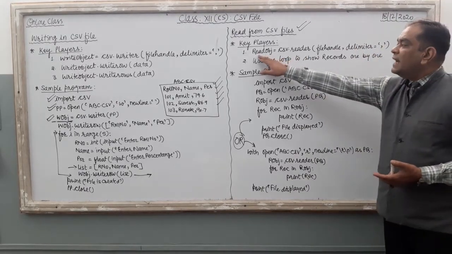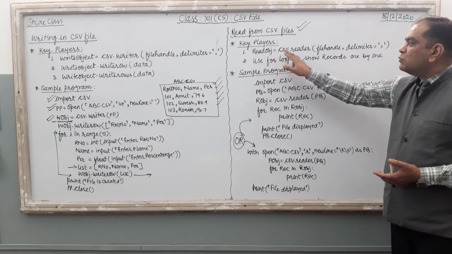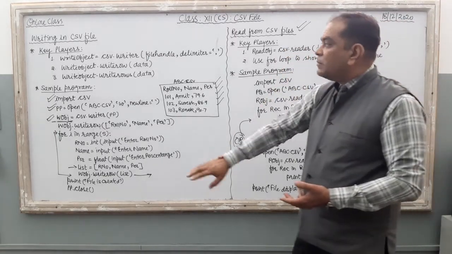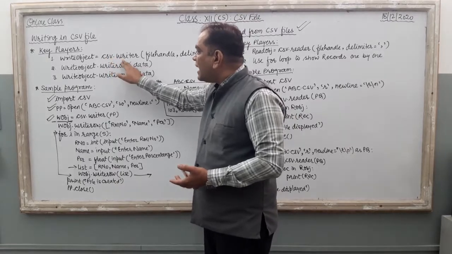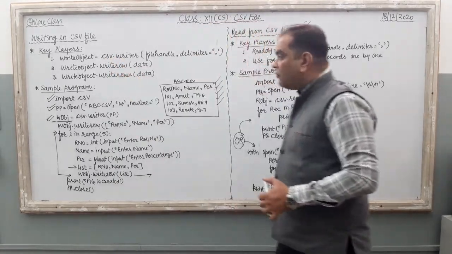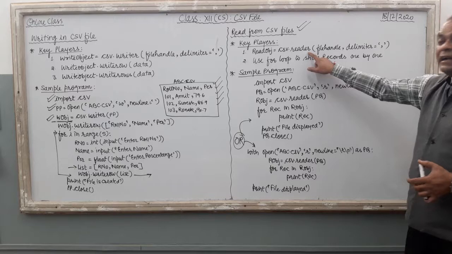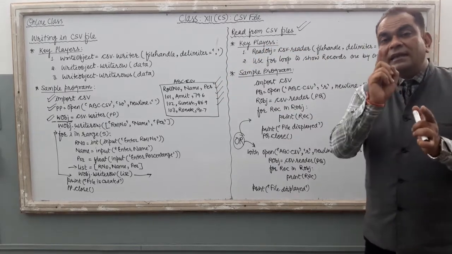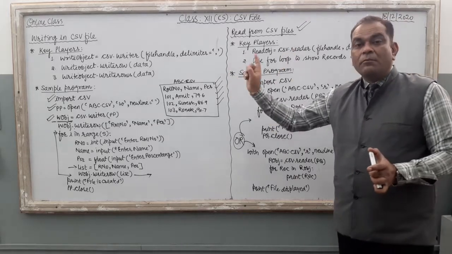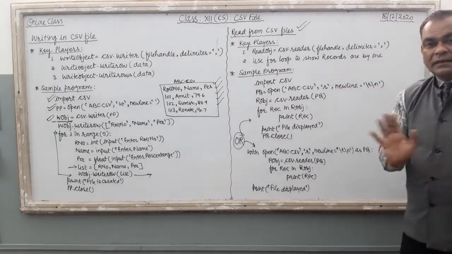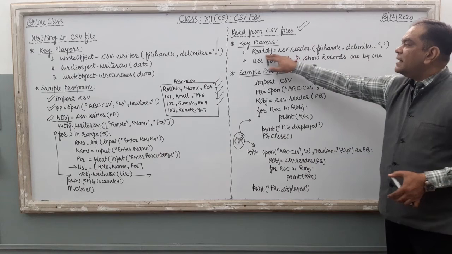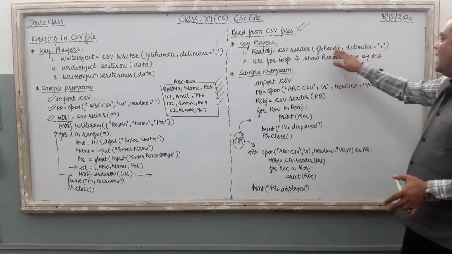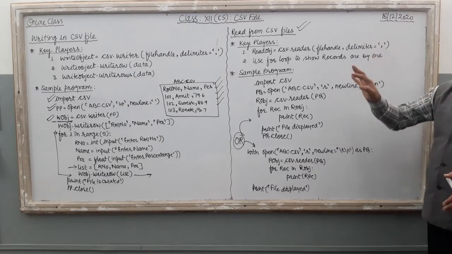Just see. Readobj equal to csv dot reader. If you want to create a write object, what is the command? csv dot writer. Done. For reading, csv dot reader. Reader and writer, these are the functions that are available in the CSV module of our Python. Right? So here just create the reader object, the command is the same just like this writer object: file handle, and then the delimiter that is available in the file.